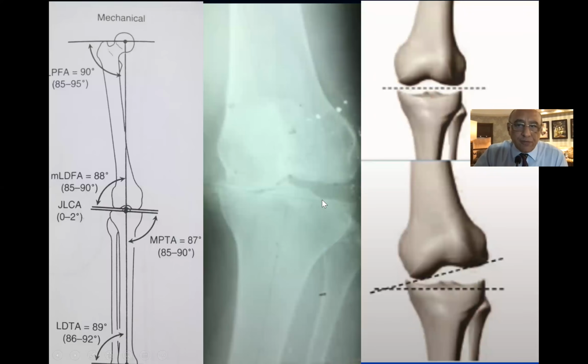The joint conversion angle, which we talked about, has 3 scenarios. On the non-weight bearing films, it could be 0, but it increases with stance phase, which we call varus thrust. And it can be open during normal films. In this case, we need to check whether this is a fixed deformity or a correctable deformity by doing valgus